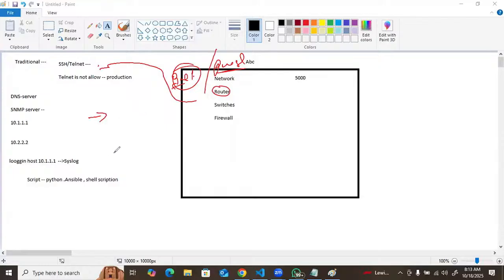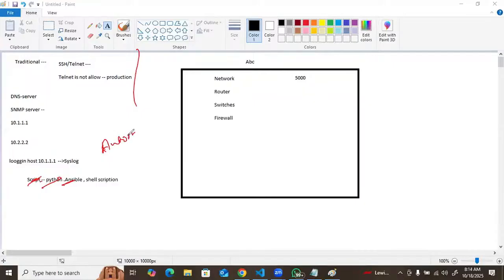Okay. Can anyone tell me, guys, anywhere you are seeing automation apart from this one? Okay. Most of the people are confused. What is automation? If you know scripting, you know Python, you know Ansible, that is the only automation. But it's wrong. Using Ansible and Python, you can prepare your own script, right? But I'm 100% sure you guys are already doing automation.